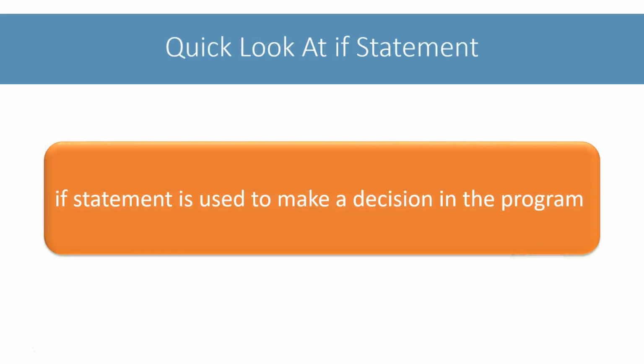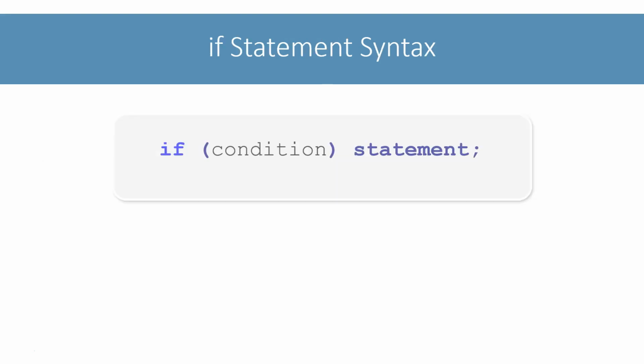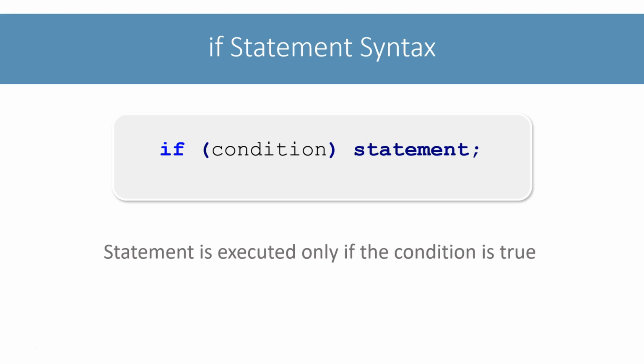When you need to make a decision in your program, you will use the if statement. It executes a certain section of code only if a test evaluates to true. Its syntax is this. The if statement will evaluate the condition. If condition is true, then statement is executed. If condition is false, then statement is bypassed. Let's switch to BlueJ to see a program that demonstrates the if statement in its most simple form.